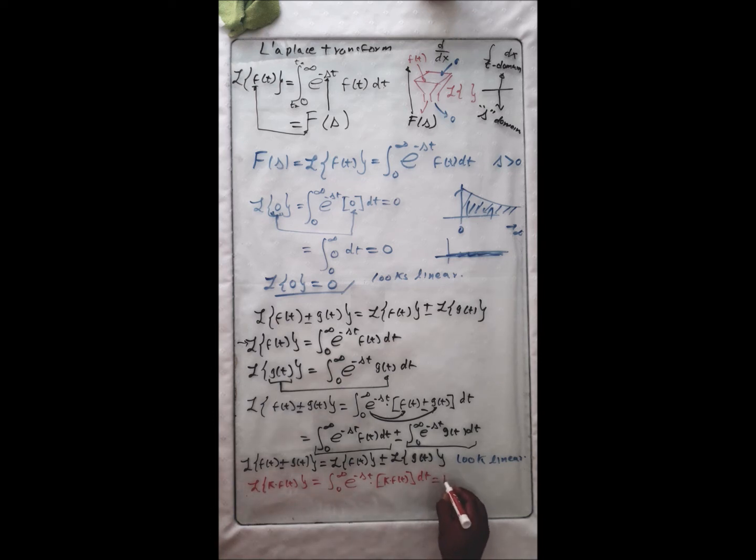So this is going to be equal to k times the integral from 0 to infinity of e to the minus st f of t, dt. Now, what is this? Well, this is the definition of the Laplace transform of f of t. So that means that the Laplace transform of k f of t is equal to k times the Laplace transform of f of t. Okay, because we comply with this one,